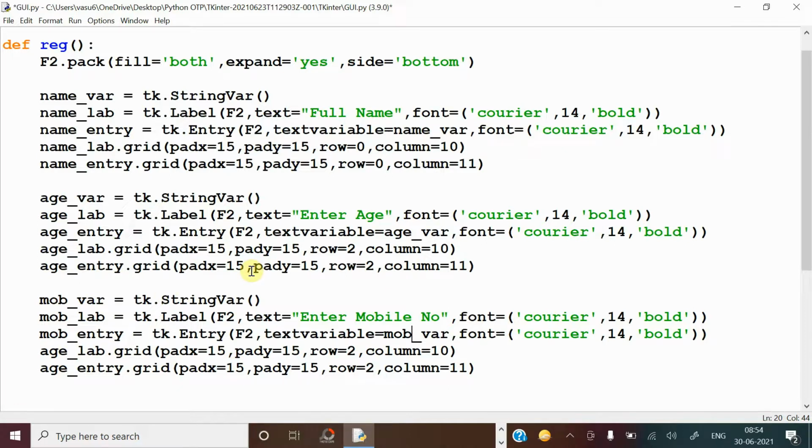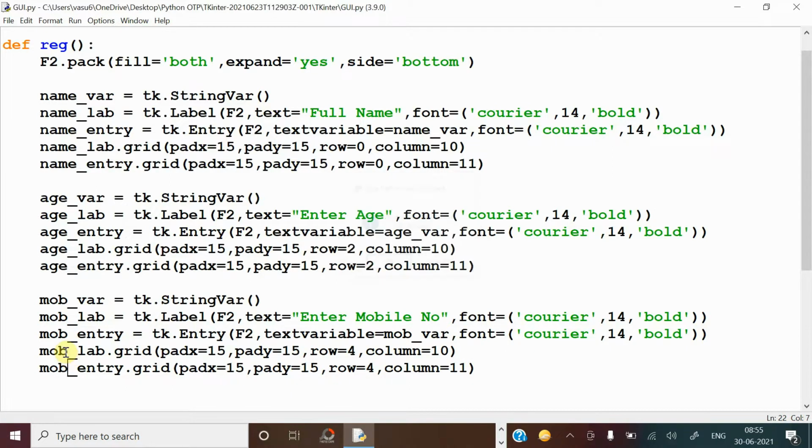Now after that we have to fix on which row it should be. So here 0th row, 2, and here I am giving 4th row. Here we have to make sure that the label and box are both under the same row and the column should be different, so that they will come side by side. Now here we have to give the grid position for the label as well as the entry. So just change the name. You don't need to write the same code repeatedly, you can just copy and paste.